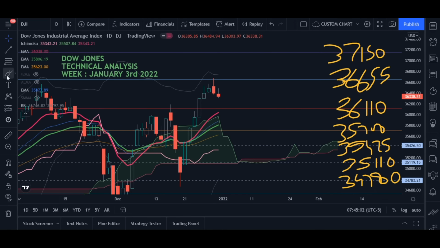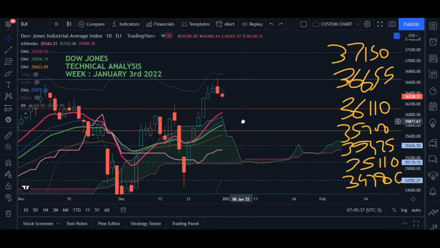Now let's do the technical analysis. First the Bollinger Band: we have the upper band of the Bollinger Band, and we have the median. The market is moving between the upper band and the median, which means the market is bullish. Now comes the moving averages. There is a clear fan out, which means the market is bullish. Then comes the Ichimoku. The market is moving above Ichimoku, which means the market is bullish.